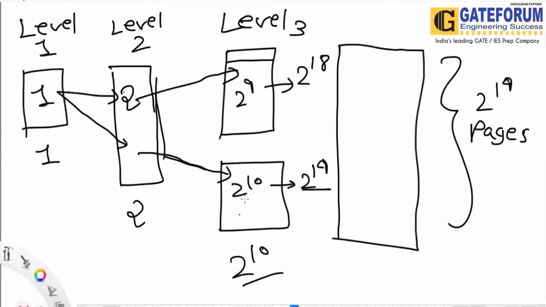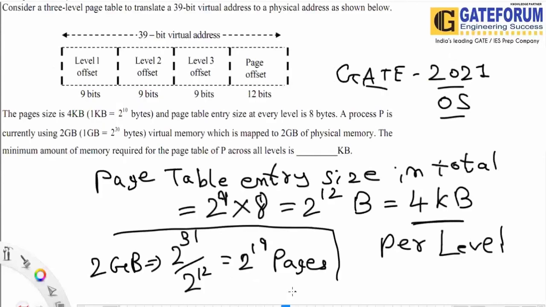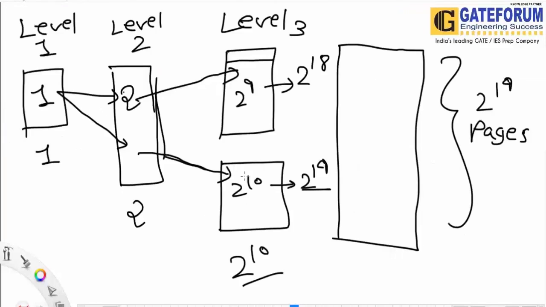Here we have level 3. At level 3, we have 2 raised to 9, because level 3 has 9 bits of offset, so each entry can point to 2 raised to 9. That makes 2 raised to 18 in short, but it is less because we require 2 raised to 19 pages. So we require 2 raised to 10, which can point to 2 raised to 20, which will suffice for 2 raised to 19. For that part, every one can point to 2 raised to 9. So we require 2 here, and here there are only 2, so we can do that easily. So in total this many page tables would be required.